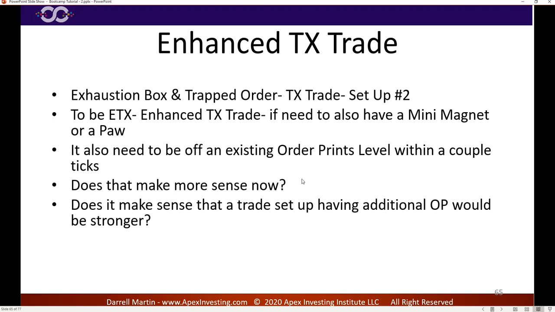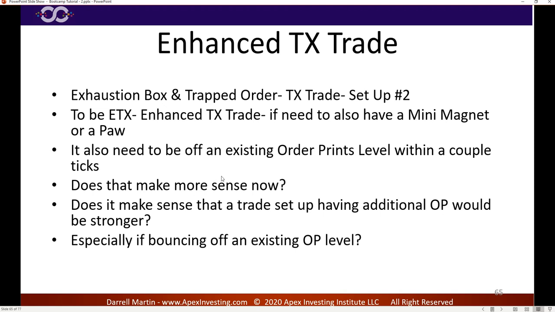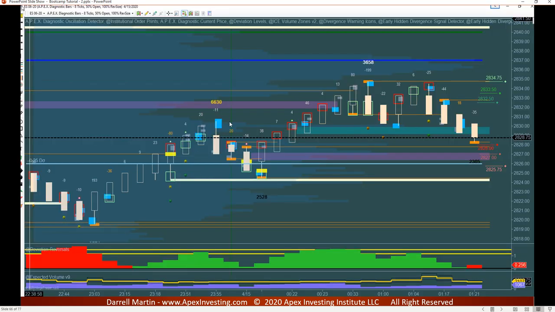Right? Now that you understand more of order prints, the enhanced TX trade probably makes perfect sense to you. And does it make sense that it's going to be a stronger trade setup coming off additional order prints? I mean, let's look here. I think this was the one we actually just looked at earlier, or maybe it wasn't, but okay,